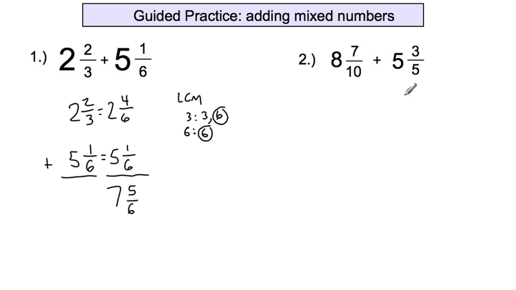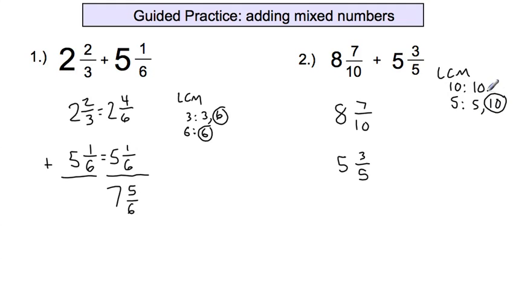Here's our second guided practice problem, and it's 8 7/10, and we're going to add that to 5 3/5. We have to find a common denominator between 10 and 5, and so we do that by finding the least common multiple. Do that right over here. Least common multiple of 10 and 5. Okay, the multiples of 10 are 10, 20, 30, and so on. And the multiples of 5 are 5, 10. And by now you should be recognizing if the denominators are 5 and 10, then the least common denominator is